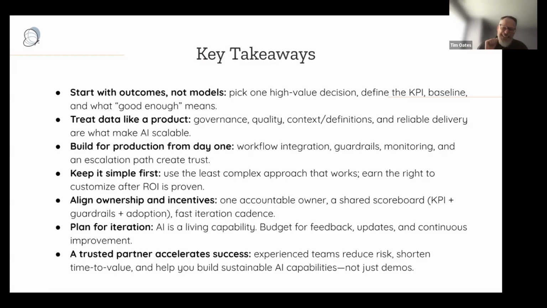Also, this notion of just keep it simple, use an approach that works. Use the smallest subset of the data that is necessary to make that thing work. And once you've established ROI, what happens is everybody wants to talk to you at that point, right? So everybody inside the company, you go, hey,